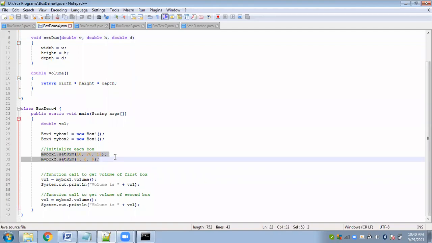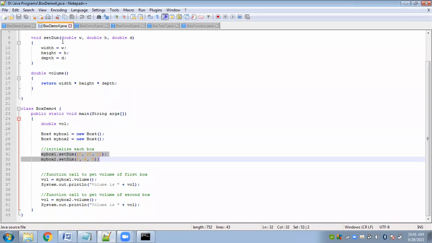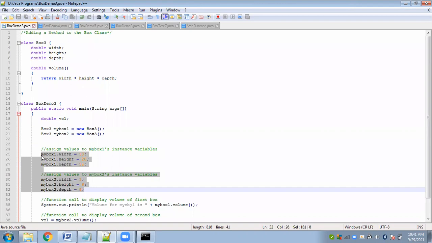And in the third, so that we do not have to write these extra lines inside the main method, if I have already used a constructor, see, I'm already creating the objects of the class using a constructor. You cannot create objects without using this part. Yes or no? We are already using a constructor here. So you are using a constructor, but that constructor is not doing any work, because even after using the constructor, what are we doing? Either we are writing extra statements, extra functions to initialize the values for the objects, or we are writing extra assignment statements here to initialize the objects.